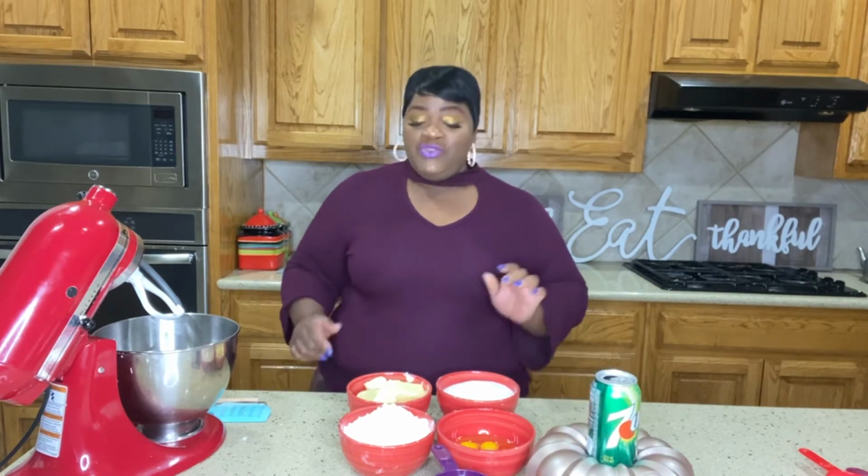So today we're doing a 7-Up cake. So who doesn't love 7-Up pound cake? So the ingredients that you will need is 3 sticks of butter, which today I'm doing 2 salted butter and